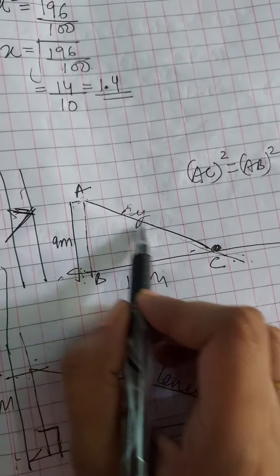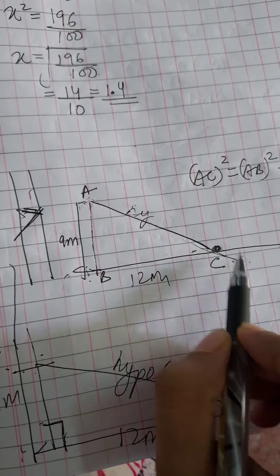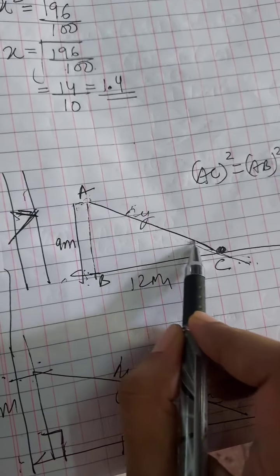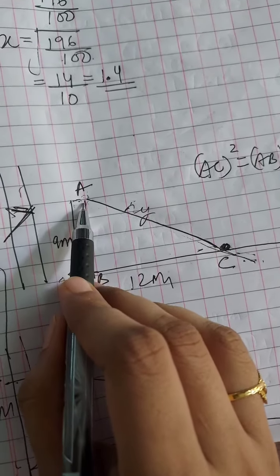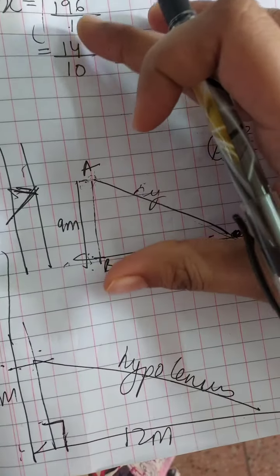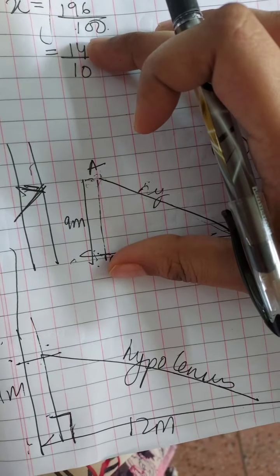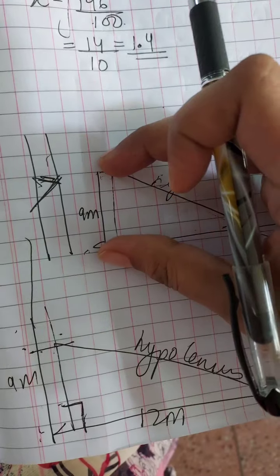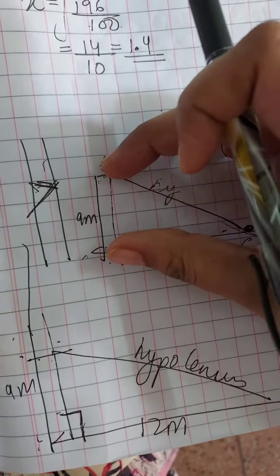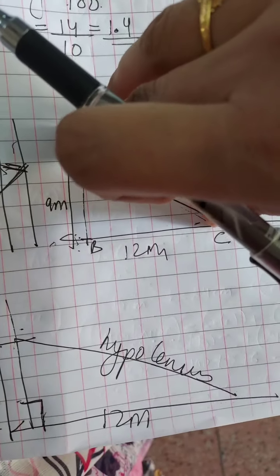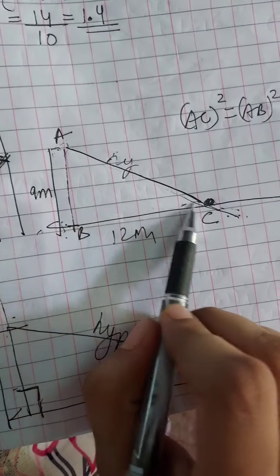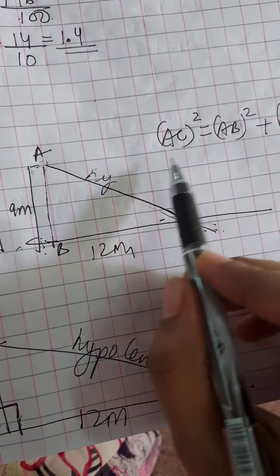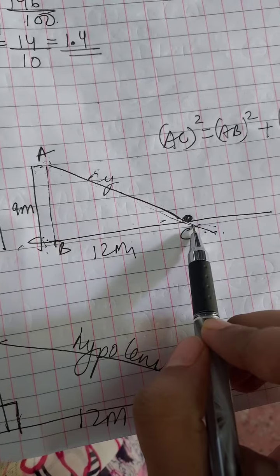Actually this is the tree which has fallen down on the ground. Instead of being separated, it is still there on the ground touching this tree. So we need to find the measurement of the full tree. For the full tree's measurement, what we will have to do is add this part, 9 meter, and this part which is lying on the ground. So if you see this, it is slanting. So using this Pythagoras theorem, we are going to find the hypotenuse.